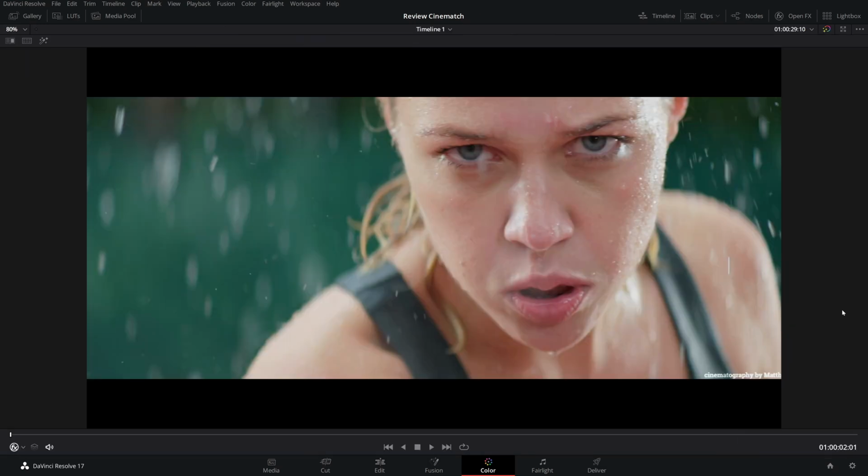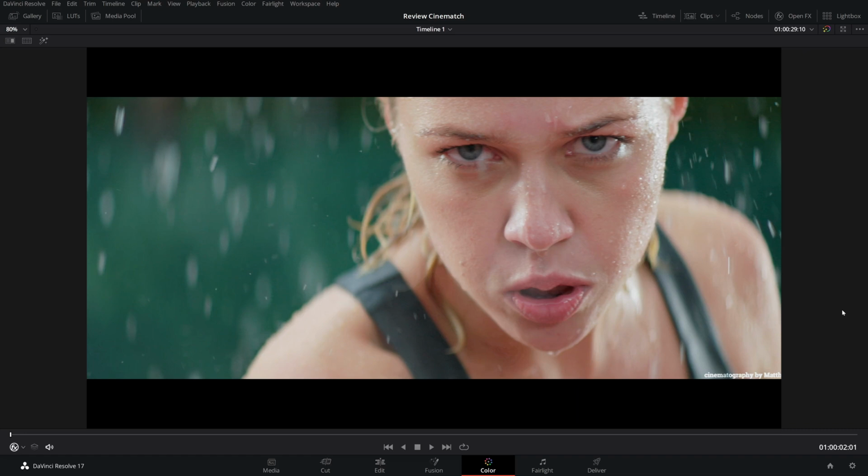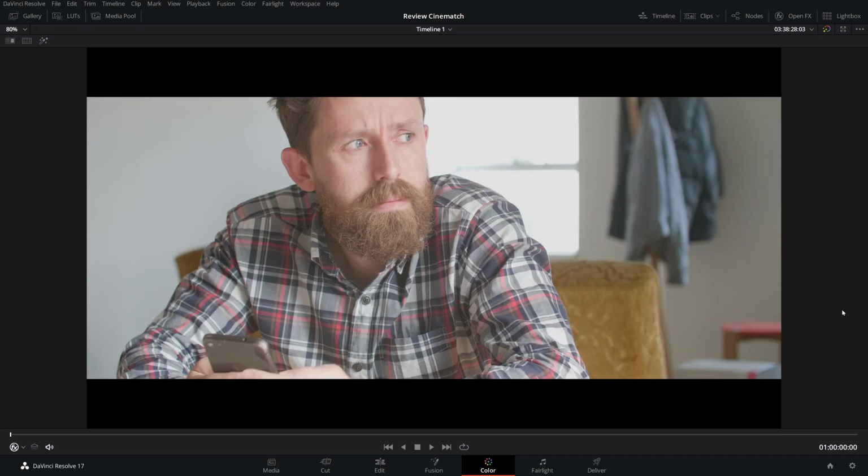I matched their skin. Of course, as I said, you shouldn't do it because they have different skins. What we need is the skin in the right place, but they will not look exactly the same. But even for that, this plugin can work. So it's unbelievable.